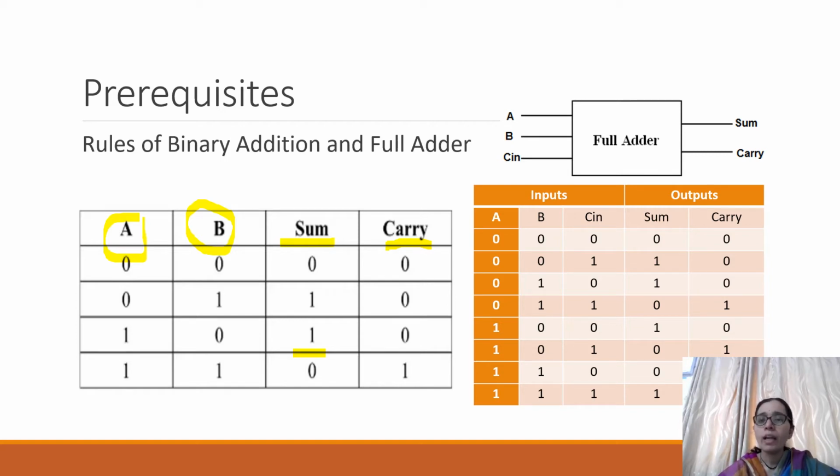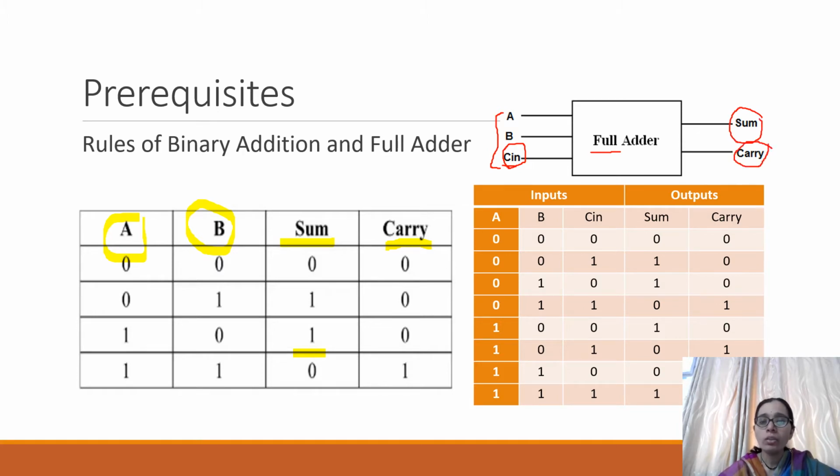Now, what is a full adder? Full adder is a type of combinational circuit which is used to add 3 bits. That is, it considers A, B and C in. C in is the carry from the previous stage, therefore C in. Why is it known as full adder? Because it considers C in also. Half adder adds 2 bits, that is A and B, and full adder adds A, B and C in, and the output is the same, that is sum and carry.